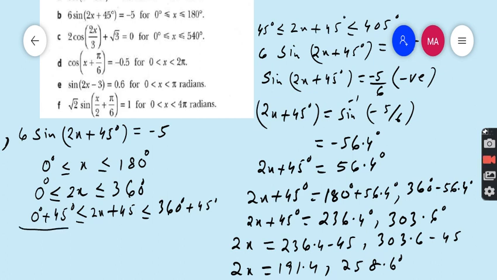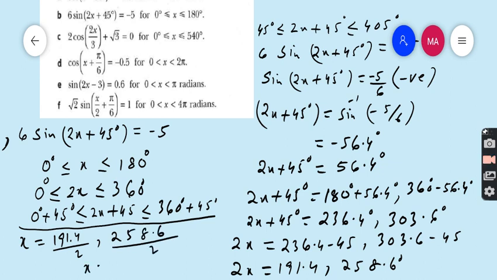But this is not our final answer. Divide this 2 on both the angles, that is x is equal to 191.4 divided by 2 and 258.6 divided by 2. Hence our final answer is 95.7, comma, 129.3,